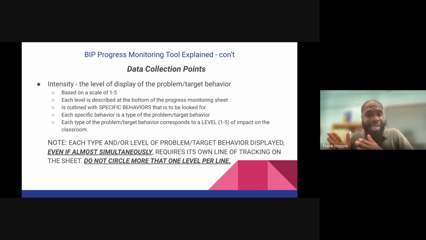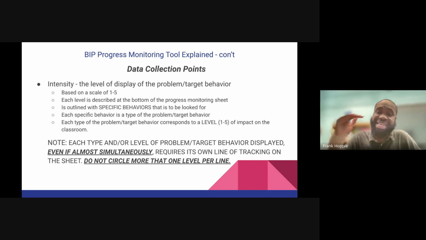So if your child is only displaying that first level quickly and then jumps to the second, third, or fourth level, you're going to track that highest level, because it essentially ends there quickly. But if a child has been displaying a level 1 behavior for more than a minute, and then continues to escalate and jumps to a second level, then we have to track each one of those. So you'll write the 1 level on the first line and circle it, and then you'll track the next level, circle it, and you keep going.